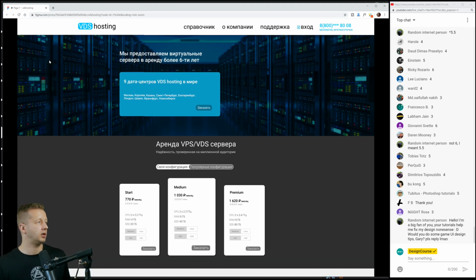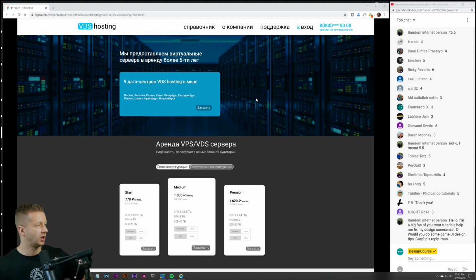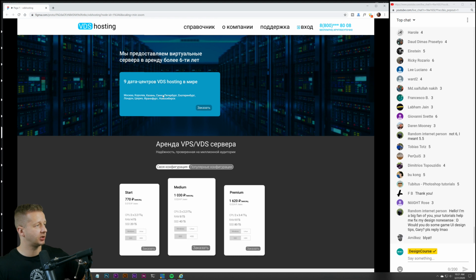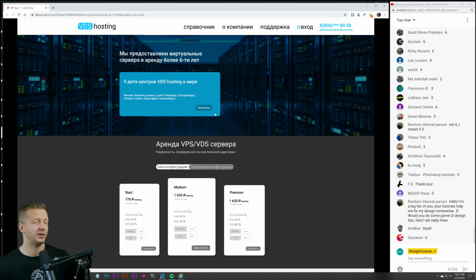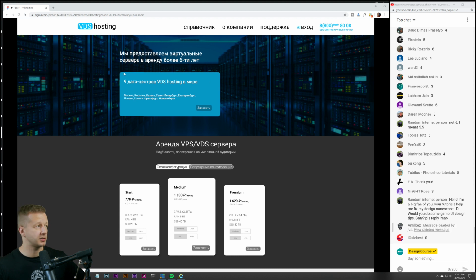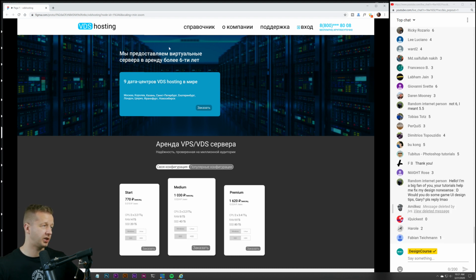All right, VDS hosting. We got a pretty large navigation up here. Might want to scale these down, the link sizes rather. Unfortunately, I can't read any of this, so I'm lacking context here. We have a card. In terms of alignment, this is not centered, it's not right aligned, and it's not left aligned. It's just kind of thrown here